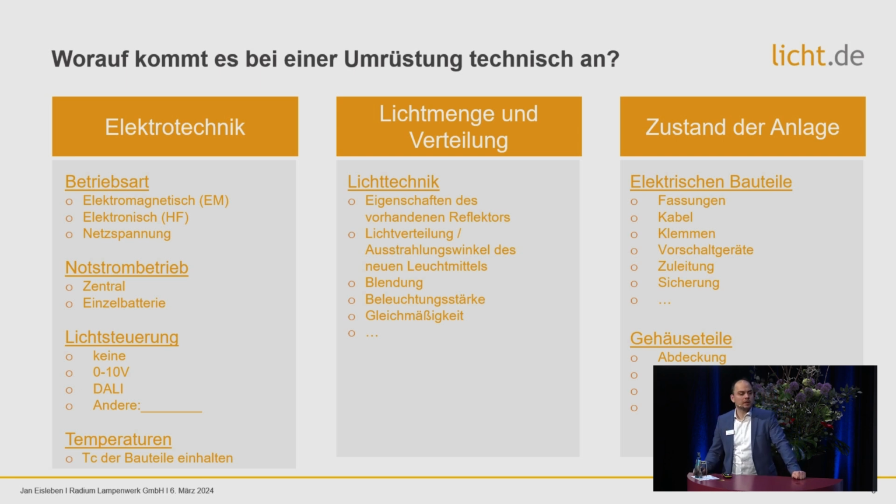High-frequency devices, for example, are not that compatible with LED lights. So if you replace them, you have to work with HF solutions that are provided by the manufacturers, but you have to be careful when using them. There are compatibility lists where you have to check whether the lamp is compatible with the ballast. And for large installations, I would advise you to have an expert have a look at it, to analyze that,